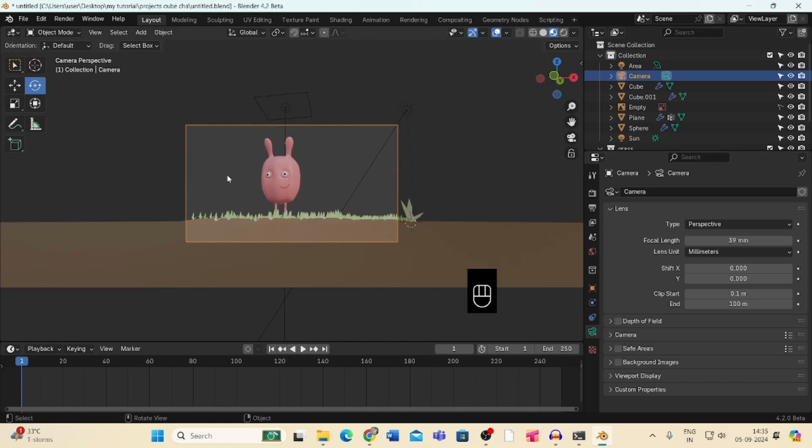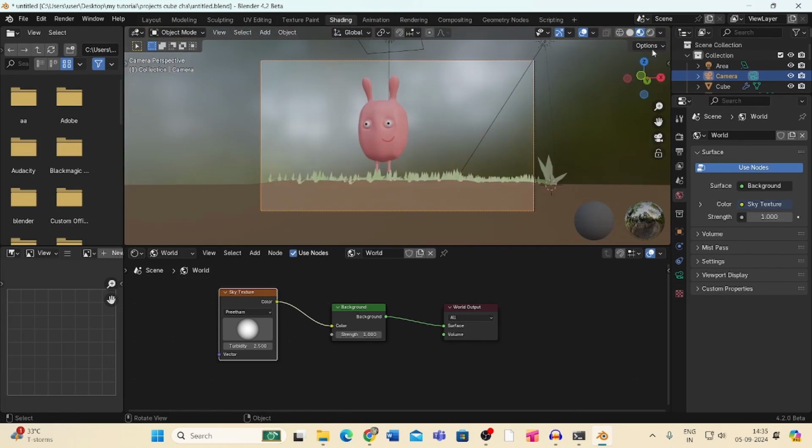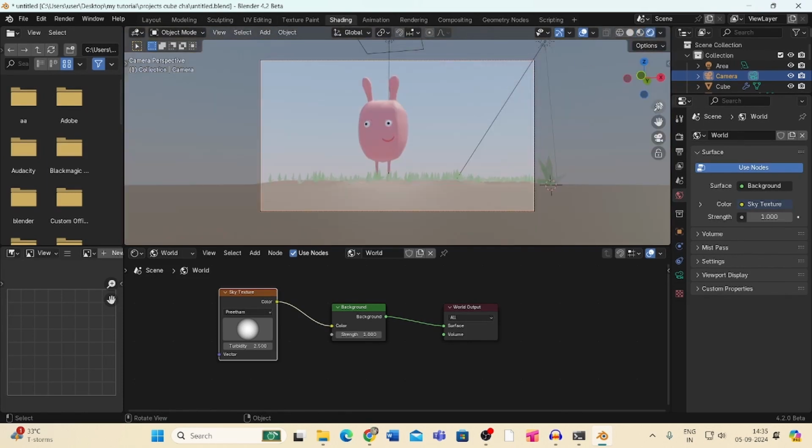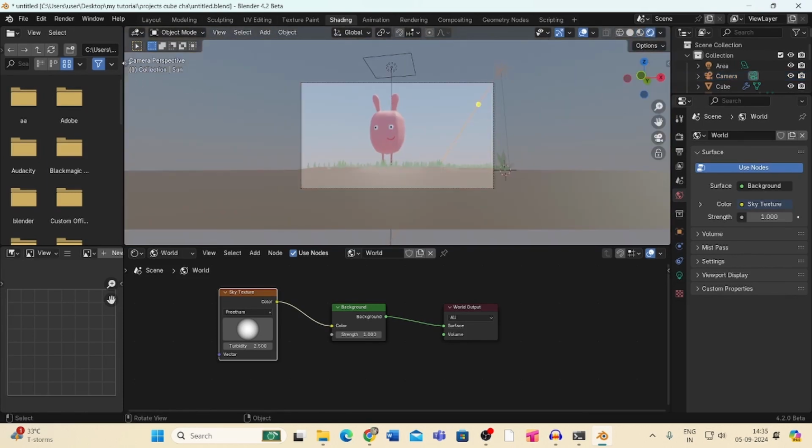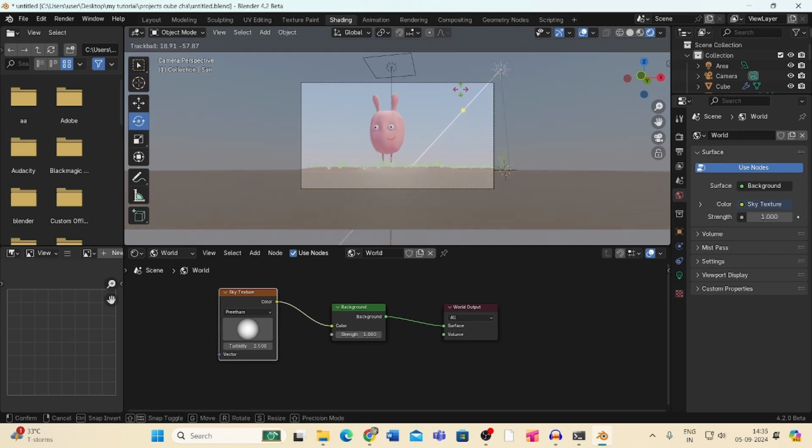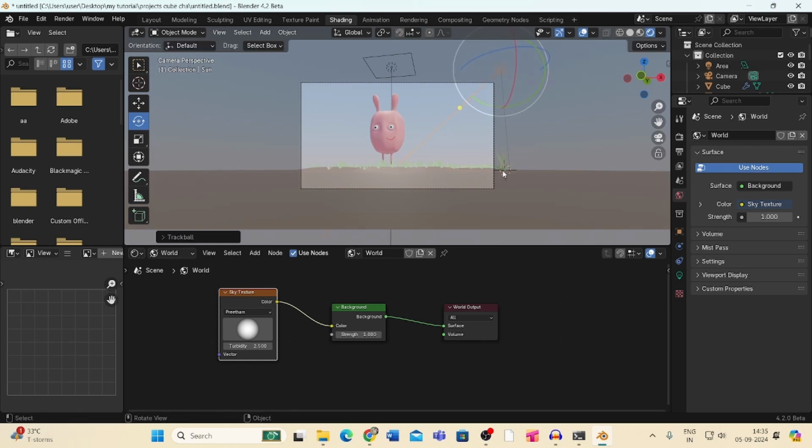Now I think this view looks nice. Go to the shading again and rotate it. Just like this. Now select the grass